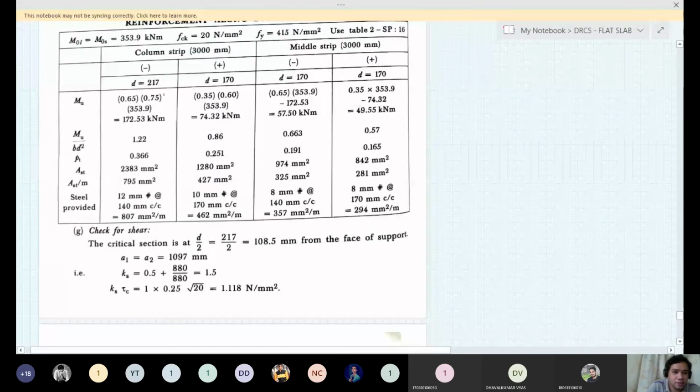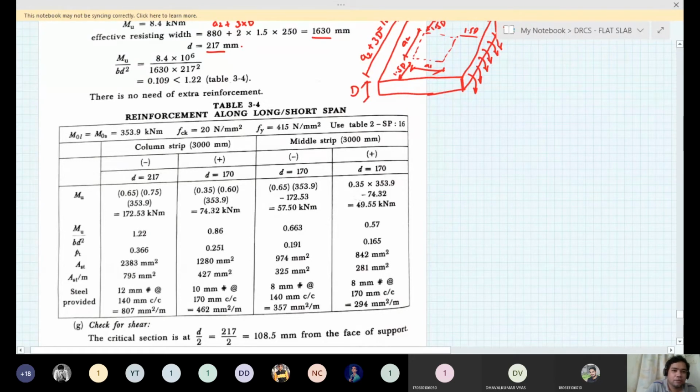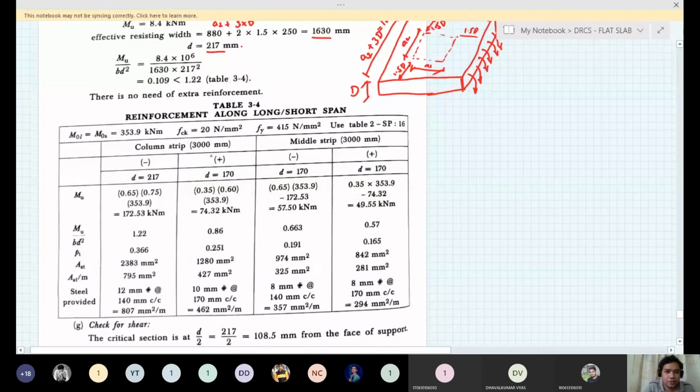Now this is less than the steel already provided here. So no need to provide additional flexural reinforcement for this, because Mu by bd square is 0.109, and Mu by bd square for the column strip here is 1.22. So whatever reinforcement you provide for this will be more than for this, so no need of extra reinforcement. Now we find the reinforcement in the column strip and the middle strip, positive as well as negative reinforcement,